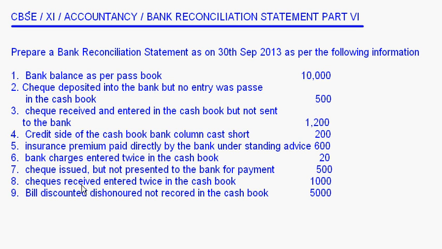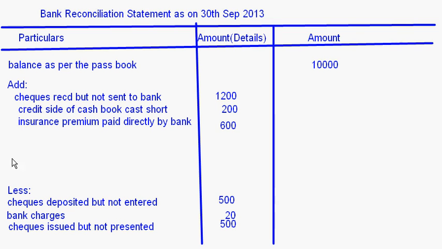Remember that, right? When the check is actually collected, it is only 1000 rupees. So there is a difference of 1000 rupees. So the cash book balance is more, it should be added, right? So here you can write checks entered twice, 1000,